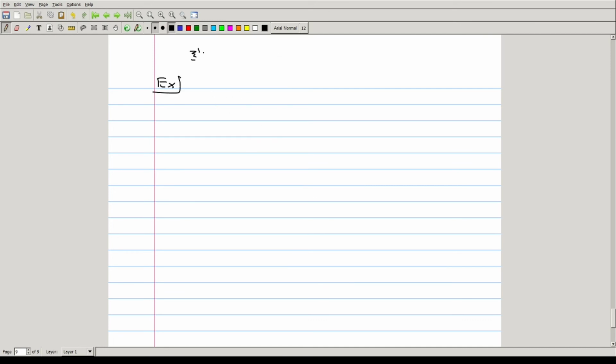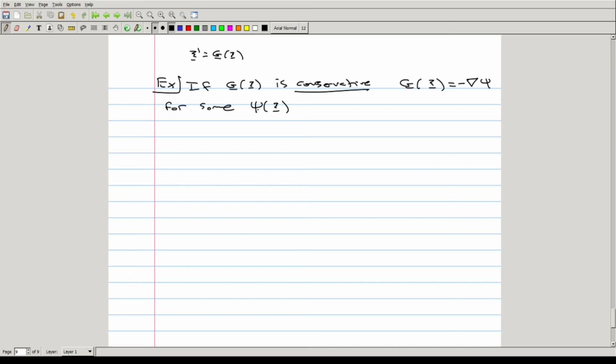So, where xi prime is g of xi, if the vector field g of xi is what's called conservative, which basically means that g of xi is equal to negative the gradient of some scalar potential function, some function psi of xi with continuous partial derivatives,